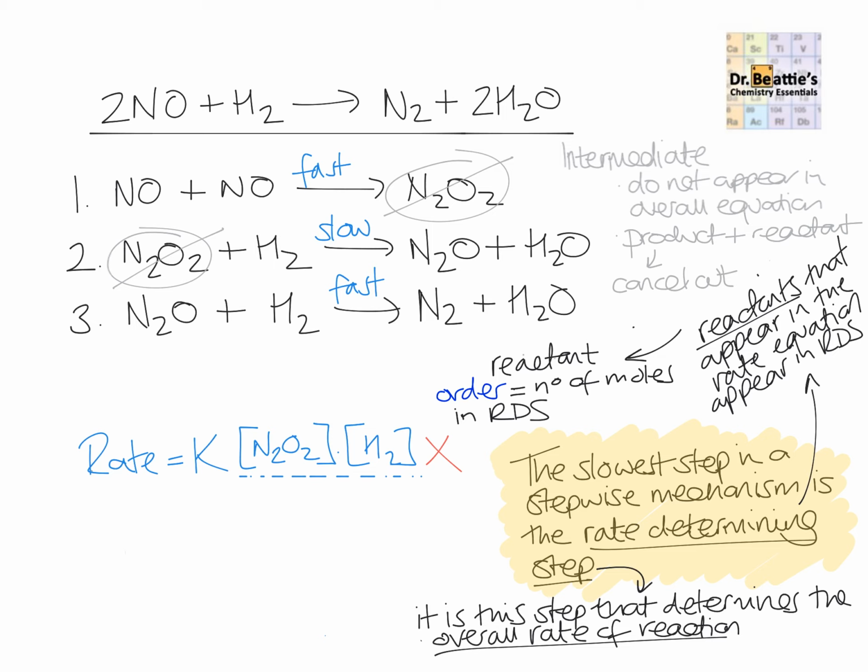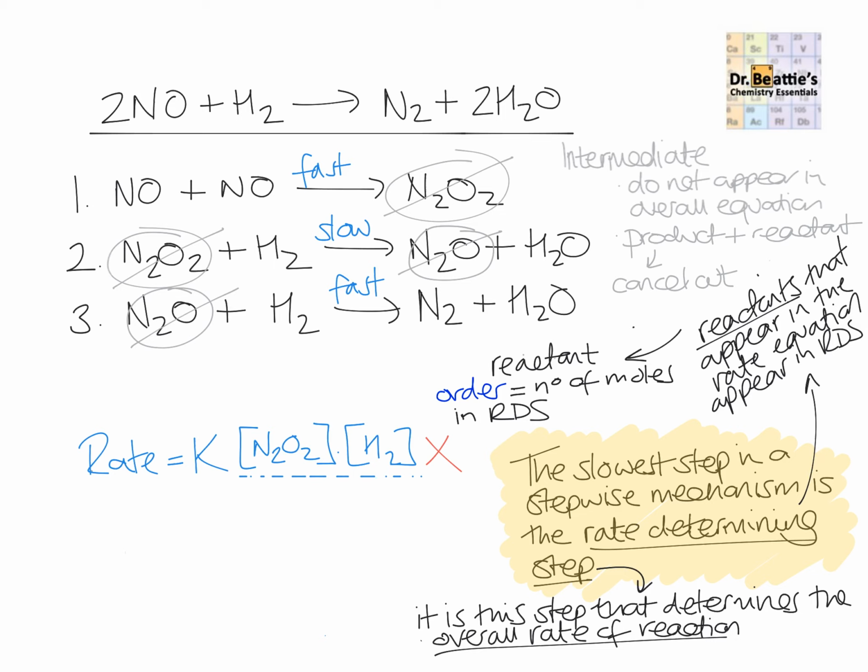Okay, so if you notice we've got N2O and N2O here. It's the product in one step, and it becomes the reactant in the next step. They cancel each other out, so they are intermediates, and that's why N2O also does not appear in the overall equation. So we know N2O2 is a reactant in the slow step, but we can't use intermediates in our rate